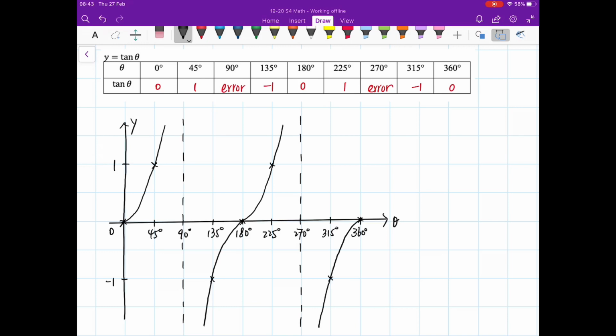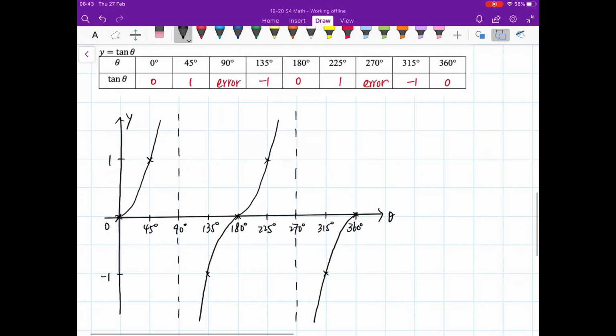Again, as you can see, is there any maximum or minimum point for this graph? The answer is no. So for tangent theta, no maximum, no minimum. And this is the graph for tangent theta. For the next part of the videos, I will give you some examples of how we can use the range for sine theta and cosine theta to do